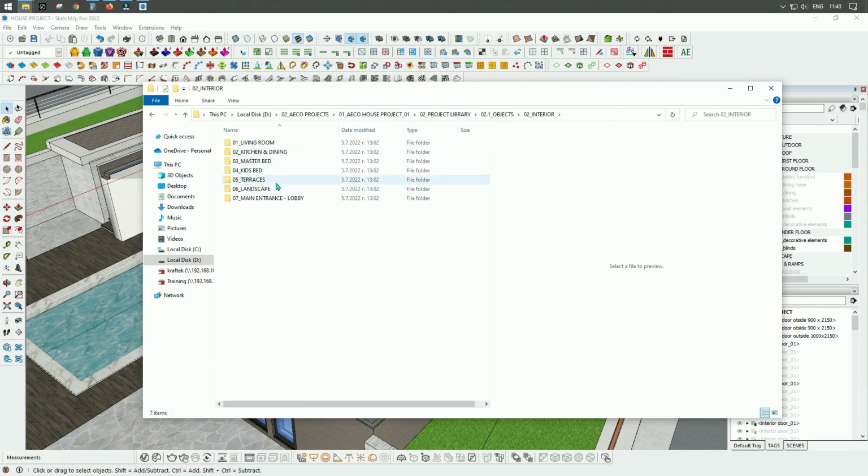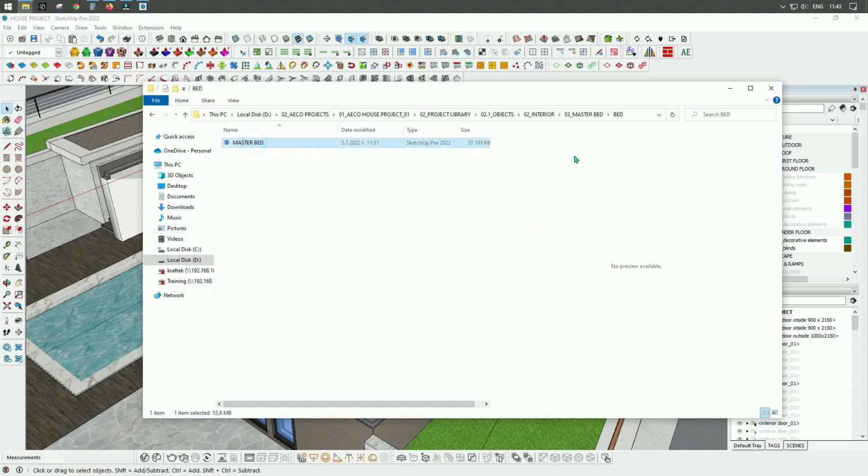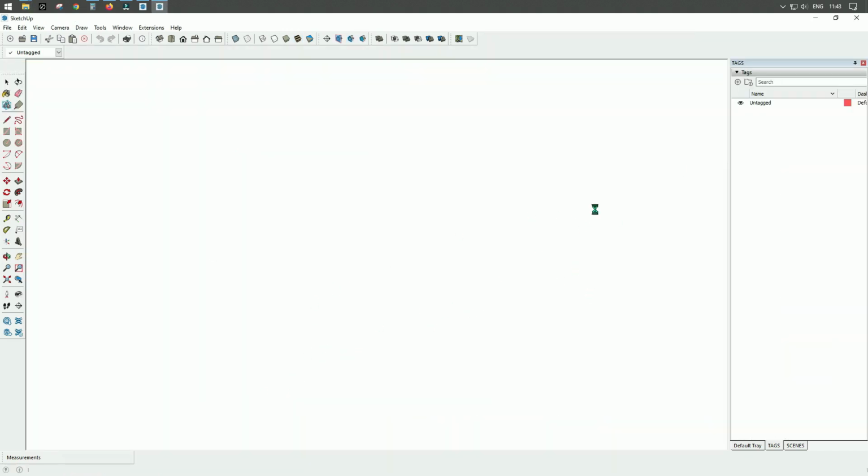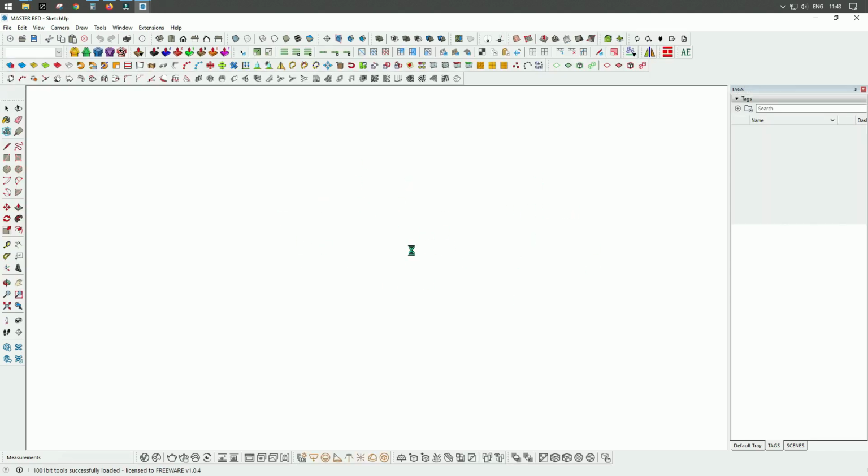I have a folder here which is a master bed, and here is my bed, so I can open this bed and I can place it into our model,